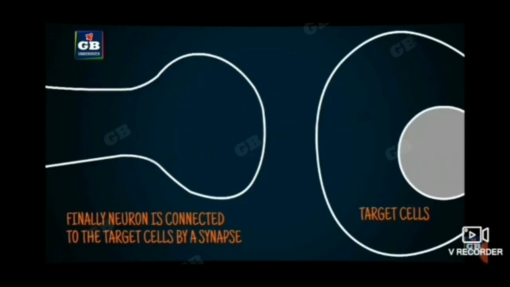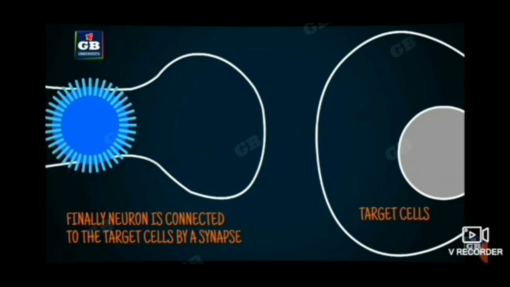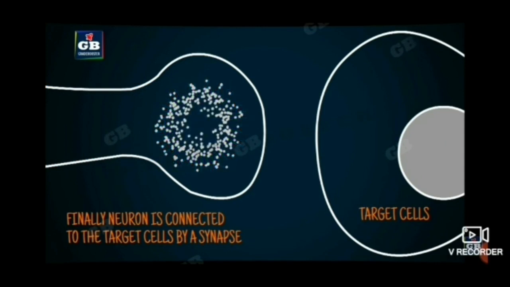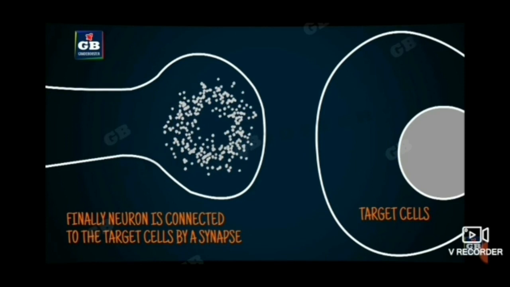Finally, at the nerve ending, the neuron is connected to the target cells. Target cells can be either muscles, glands, etc. So at the end of the neuron, these are connected to the target cell by the synapse. This is how the nerve impulse travels along the